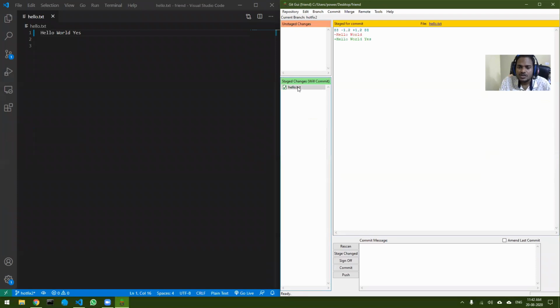Now you have to write a commit message over here, so "some changes added". Then I can click on commit, and that's it. You are done with committing to the repository.